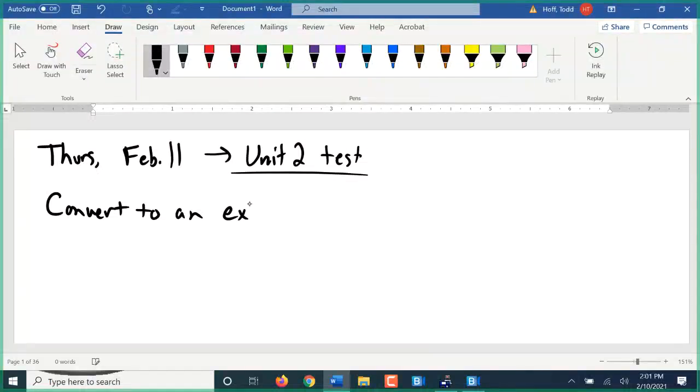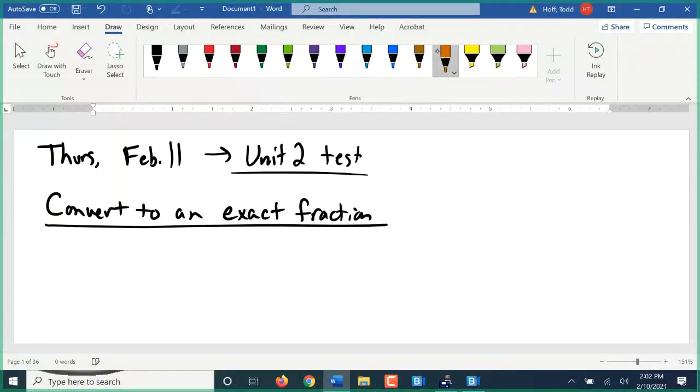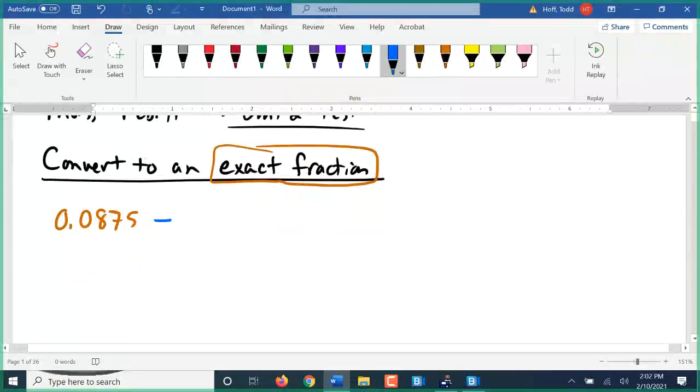I want to convert a decimal to an exact fraction. The keyword there is an exact fraction. If I have something like 0.0875, convert that into an exact fraction. I'm going to read it off as it is written, as it would be pronounced, and then put the appropriate denominator underneath it. That would be read as 875